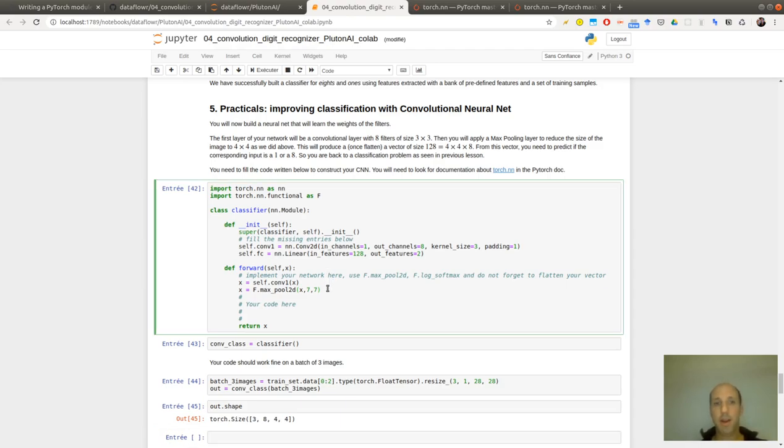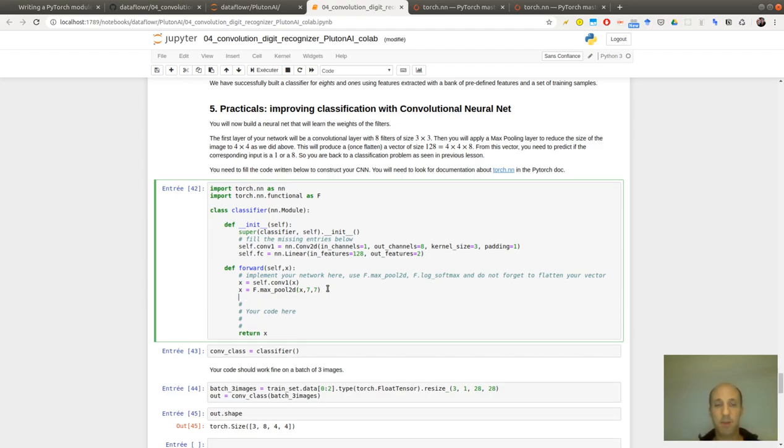And now we apply the linear layer. So in order to do that, we need to flatten the X. I will use the view. And what is the size? It's 128. 4 by 4 by 8.